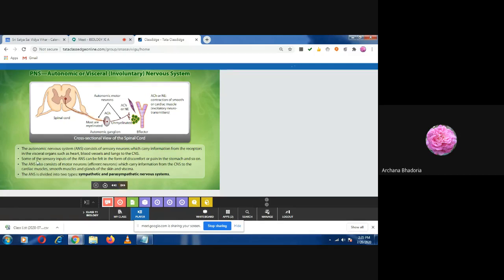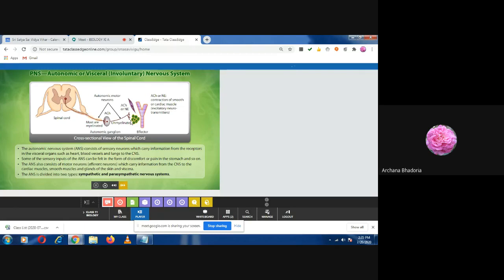What is that muscle? Cardiac muscle fiber. Cardiac muscle. Now try to see this figure. The spinal cord, from here the nerves are arising. Then it is coming to this part, that is autonomic motor neurons. And then unmyelinated. So this one is myelinated, another one is unmyelinated. And then they are supplying it to the effector. They are supplying. So children, here the arrows are not given.